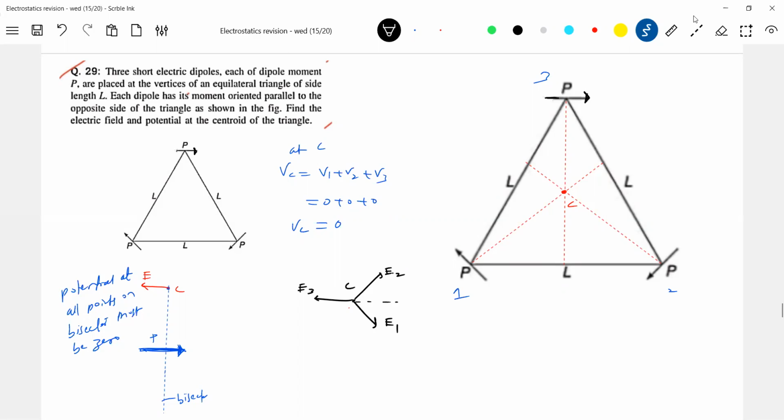What can be these angles? Anybody? This 120, angle 60. No, 120. No, this angle will be 60. Yeah. Okay, fine. 30. No, I think it'll cancel out. Net field at C will be